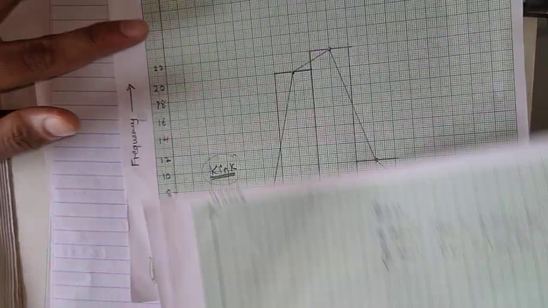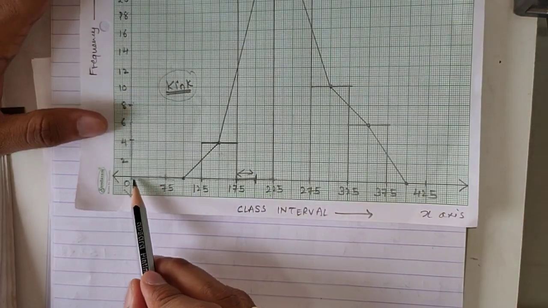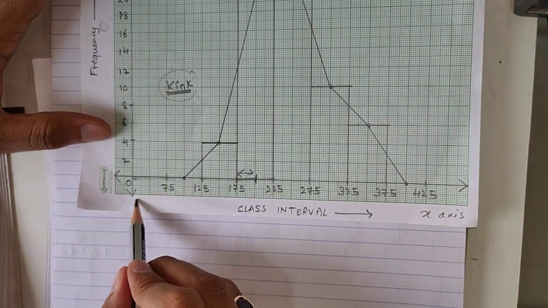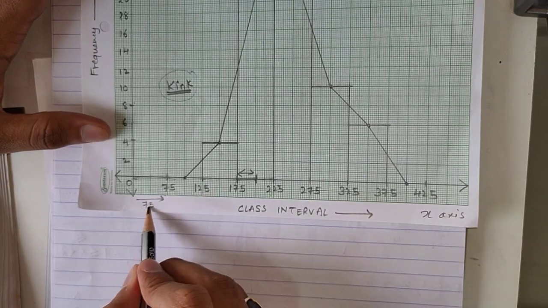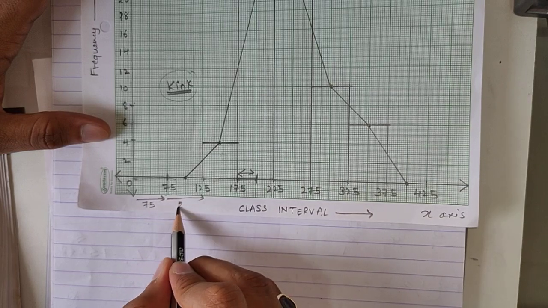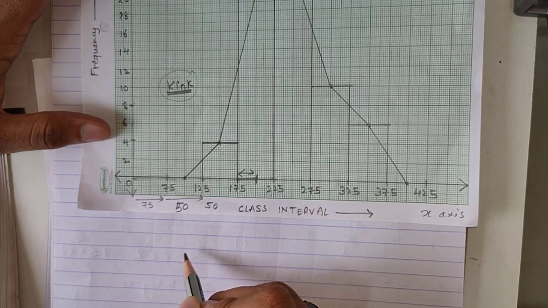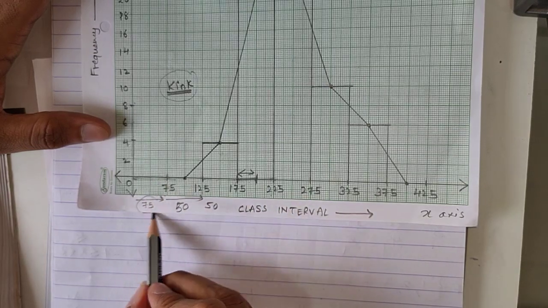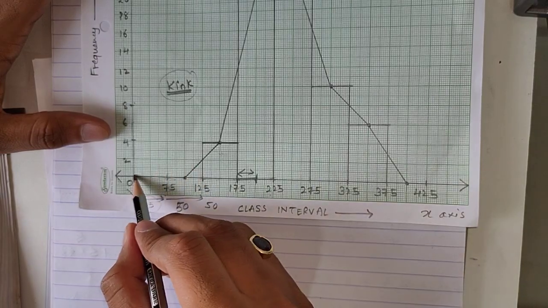So in the same manner, here you can see 0 to 75. So directly 75 is increasing. And then 75 to 125, here the distance is 50. And then so on, 50, 50 are increasing in the interval. But here 75 increased directly. That means this is different. So I will use a kink.